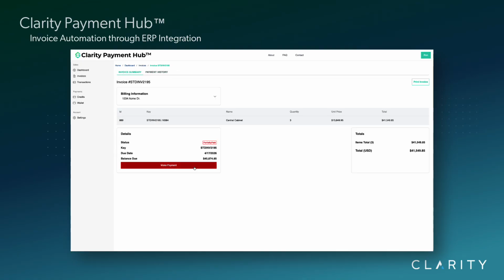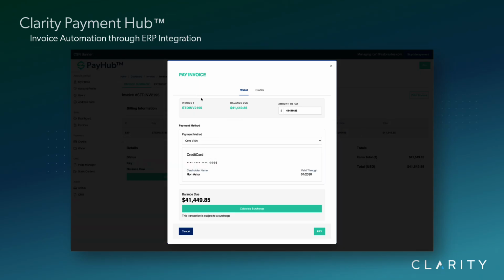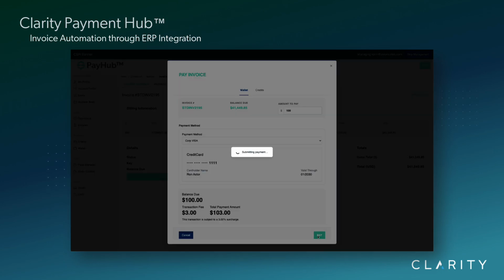When we make a payment, we can select the payment method from either our PCI-compliant wallet or our account credit if we have a balance. We enter the dollar amount, select our payment method, and click Pay. If surcharging is enabled, it provides a visible UI for your customers to see that a surcharge is being assessed and the ability to calculate that fee before making the payment. That way, if they want to avoid the fee, they can swap their payment method to ACH and pay via